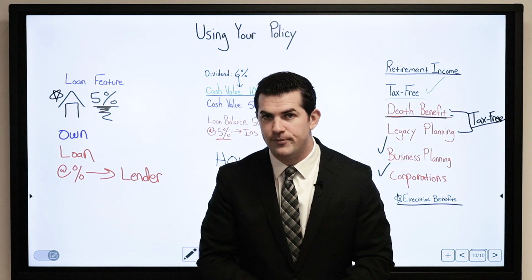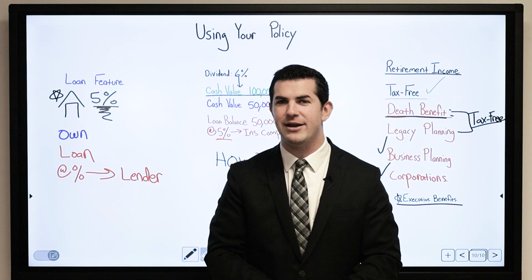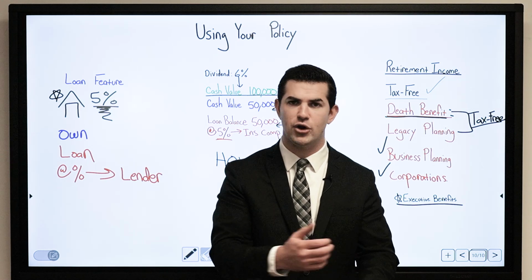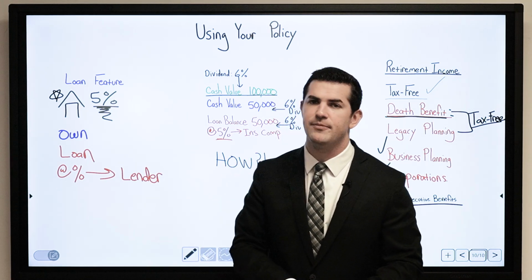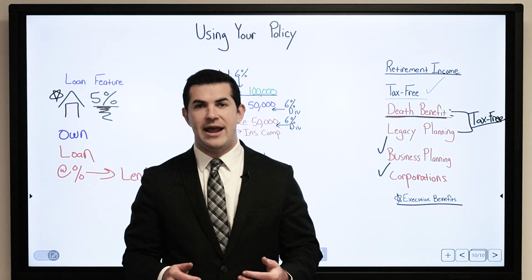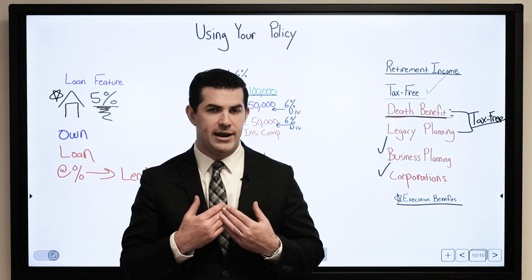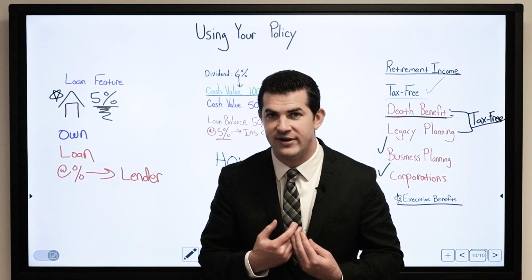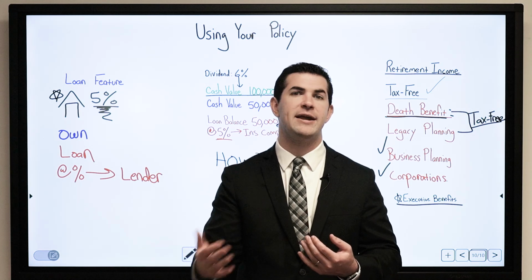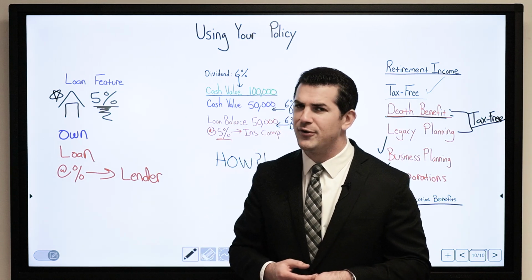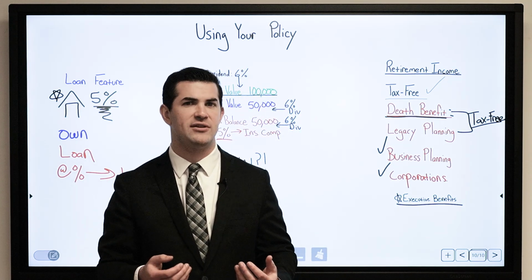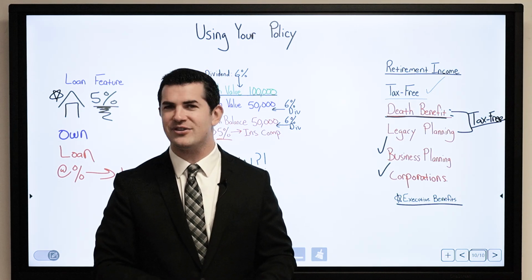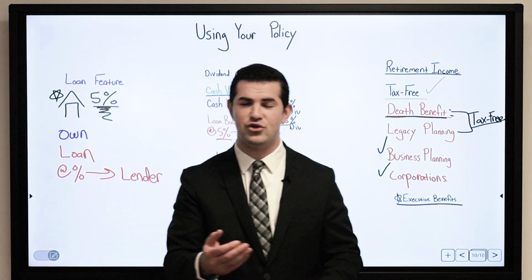And I say to you, Joe, we're going to take out a life insurance policy on you. So you may have to go through underwriting, blood and urine, you've got to sign some paperwork, potentially. I'm going to take this life insurance policy out on you and I'm going to pay it. I'm going to own it. I'm going to be the beneficiary. If anything happens to you, the death benefits are paid to my company. So how do you feel right now, Joe? I'm taking this life insurance policy out on you, paying for it, but if anything happens to you, I cash in. What's the catch? Well, the catch is you, Joe,